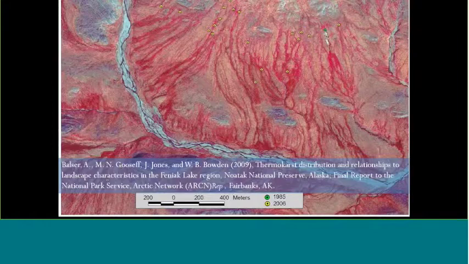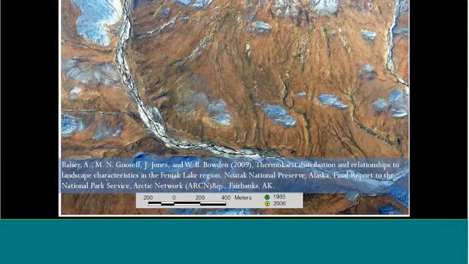This photograph is one of the old Alaska AHAP photos from the early 80s, and there's only one active layer detachment in this photo. It's represented by the green dot, and then this photo is from 2006, and you can see a lot of active layer detachments have shown up. It's hard to tell